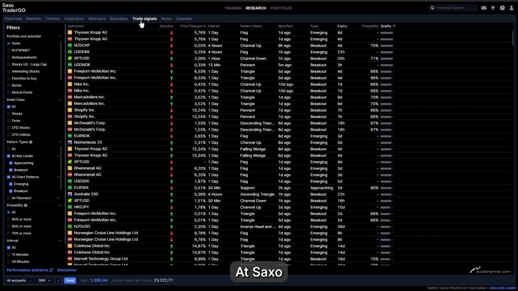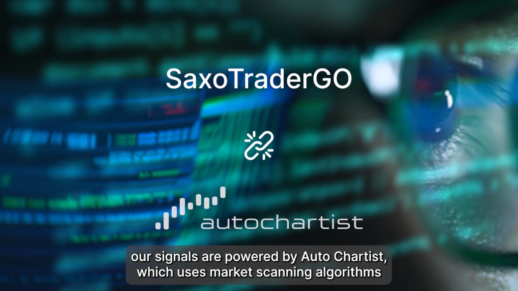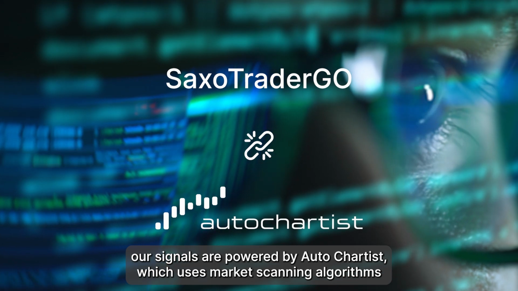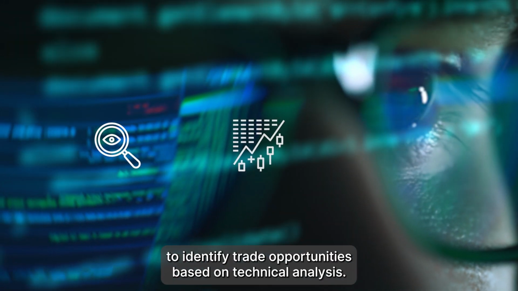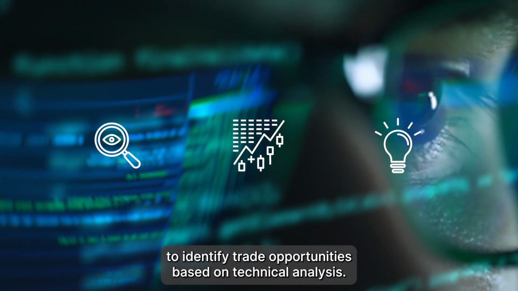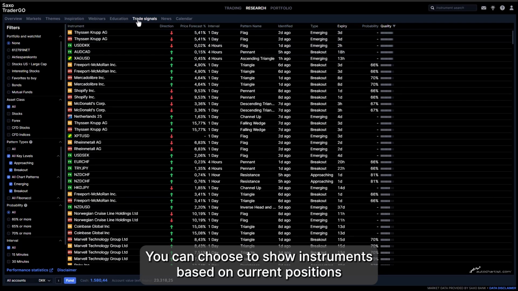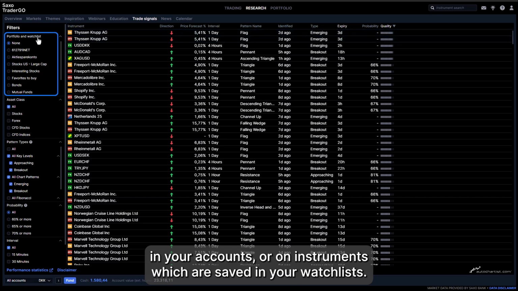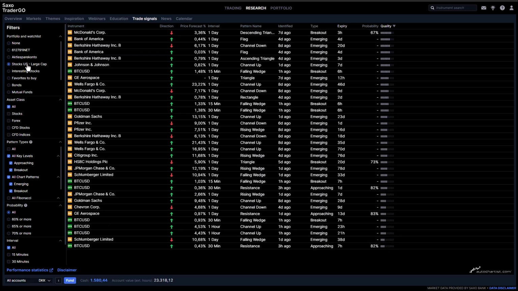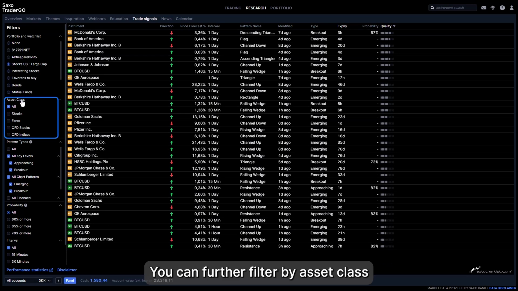At Saxo, our signals are powered by AutoChartist, which uses market scanning algorithms to identify trade opportunities based on technical analysis. To filter the signals, select from the options on the left. You can choose to show instruments based on current positions in your accounts or on instruments which are saved in your watch lists. You can further filter by asset class